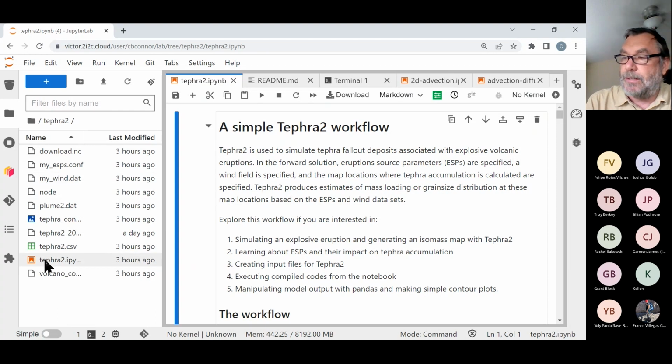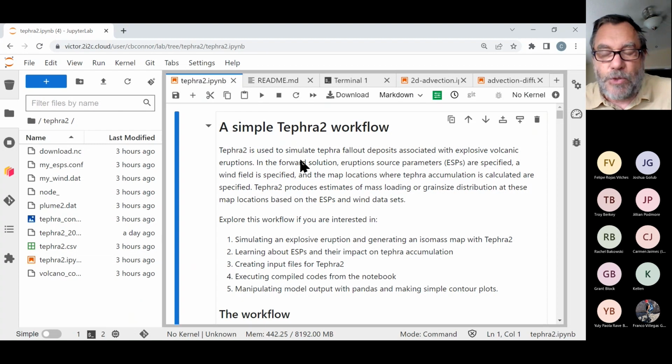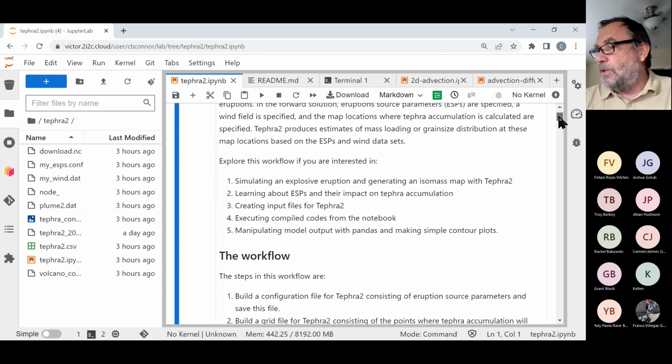Okay, so that would create this directory, and I've got extra stuff in it now, but that directory, when you first create it, also basically is going to include this notebook. That's the orange square here, Tephra2 notebook. And so this is a Tephra2 workflow that Sam put together to sort of demonstrate how to use this code, right? And I just want to spend a few minutes going through it. I don't want to kill you with it in case you never want to run Tephra2 again. But if you have questions, this is a good thing to talk about in the Slack channel or something like that. Okay, so what we do